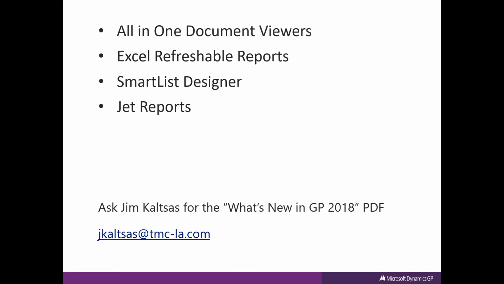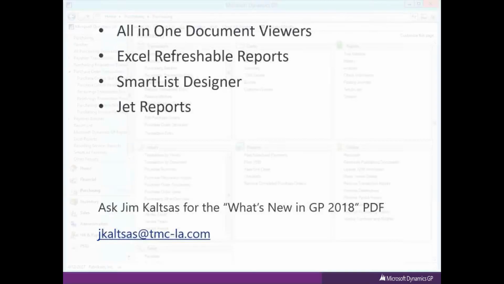Because they're going to be using Excel as the tool, they don't have to have a GP license because they never touch the GP software. Smart List Designer is now standard and included, so creating custom smart lists is pretty straightforward. That's been converted to mostly a plain English exercise, no more having to know the database structure by name. And then finally, Jet Reports, a free add-in for Excel, and I'll show you a couple of illustrations of that. So let's start with the